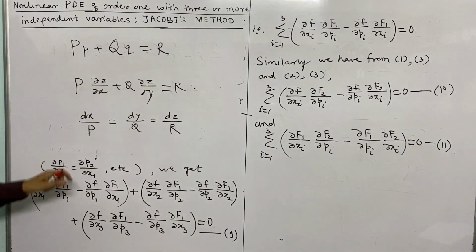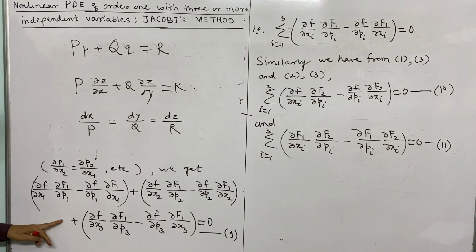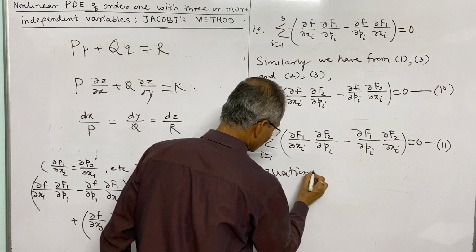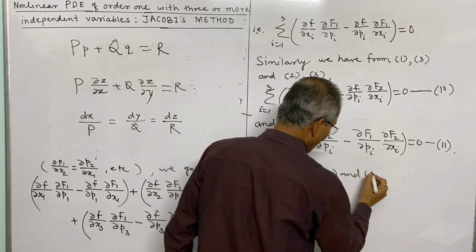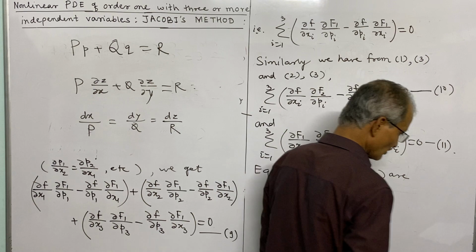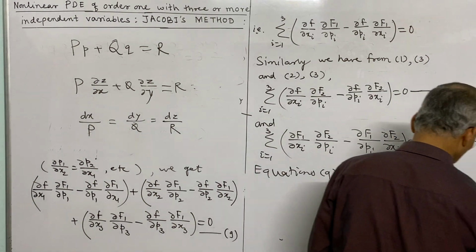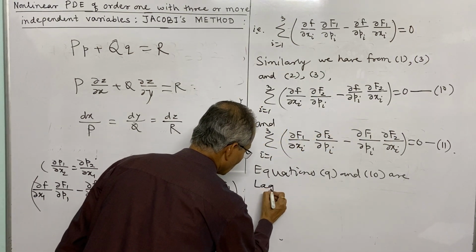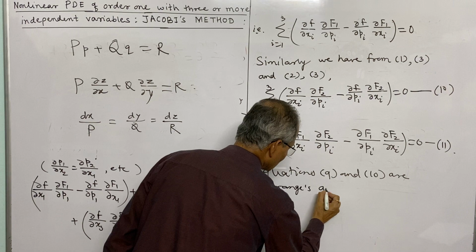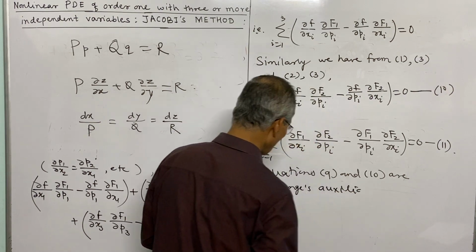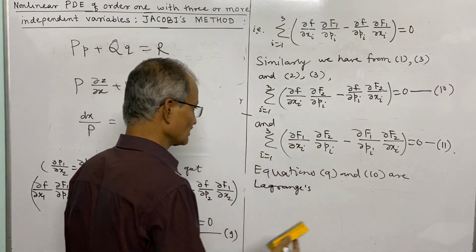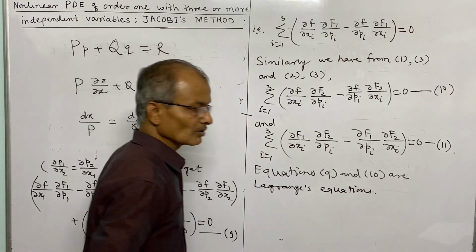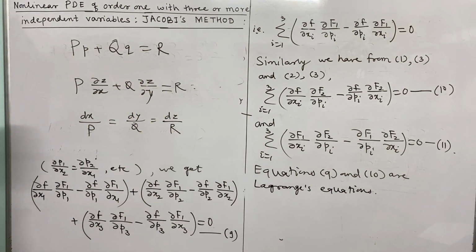So this is Lagrange's linear equations. Exactly similar type of equations are these. Equations 9 and 10 are Lagrange's equations. Not auxiliary, but we can consider Lagrange's equations. And now we will write auxiliary equations from it. So therefore, from these, Jacobi's auxiliary equations are